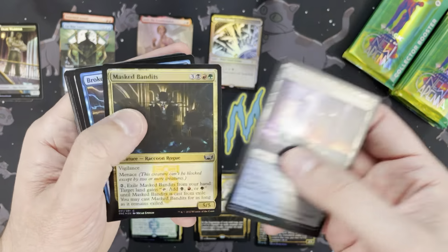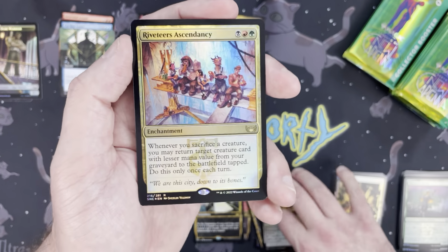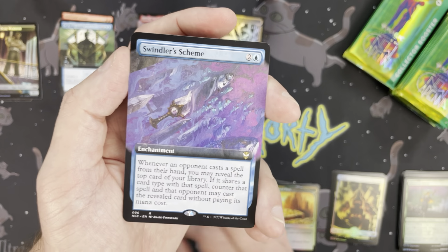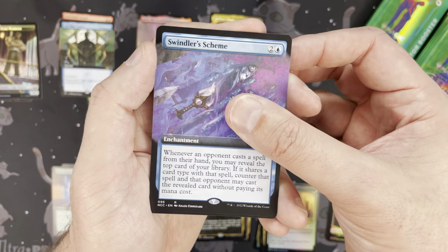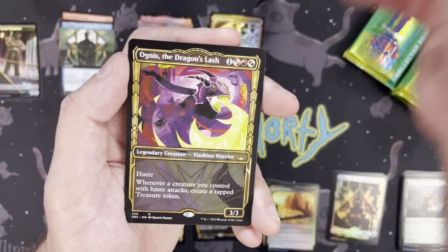A lot of $10, $11, $5, $6, $7, $10, $11, $12 cards in the Commander slot can be found in these collector packs. So you get some value there as well. So we got Kesa. We've got Rakish Revelers, Botanical Plaza, Riveteer's Ascendancy as a foil, Swindler's Scheme out of that Commander slot, Evolving Door from the extended art standpoint,